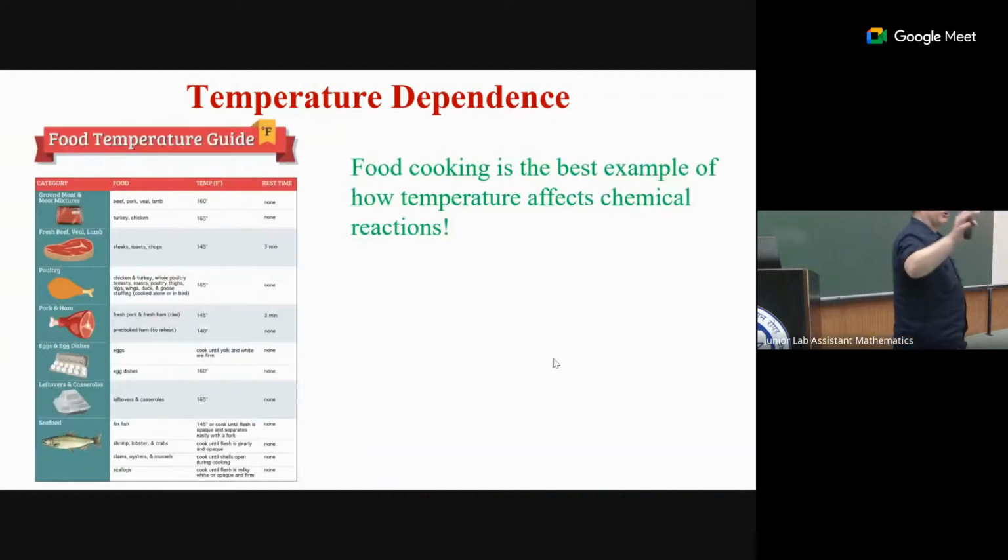So the most important thing, when we cook food, the chemical reactions are happening faster so that you can eat it, right? So this is a scale of something. My apologies, it's an American picture, that's why it's Fahrenheit. But do you know how to change Fahrenheit to Celsius? Easy, right? The easiest thing is divide by 2. The harder one is minus 32 times 5/9. Anyway, easy. If you live in America, you can do it immediately. So cooking is an example where temperature affects chemical reactions because you need to do something faster.